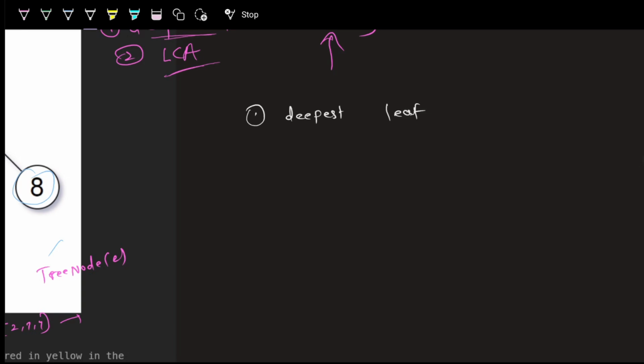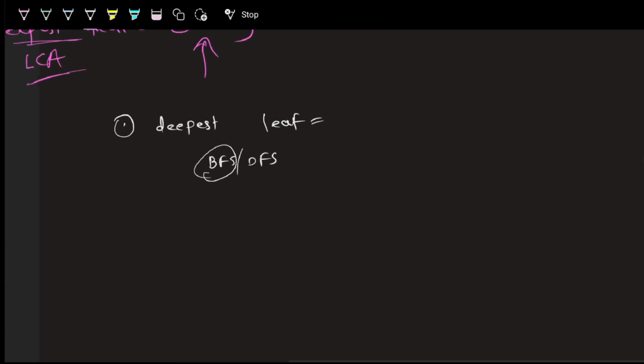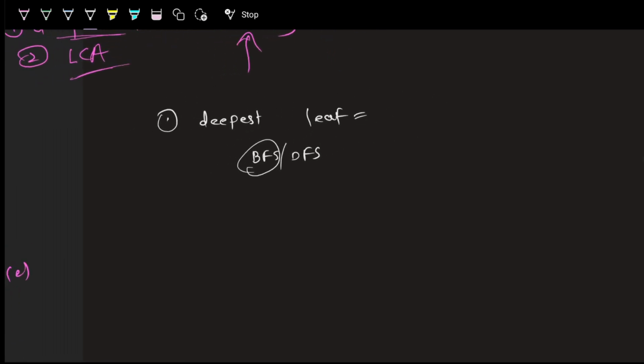So, in order to find the deepest leaf, you can use either BFS or DFS. Both work, any of them works. The simplest would be BFS. The intuition is simple. How BFS works, we know, right? It works level-wise. For example, given a tree like this,